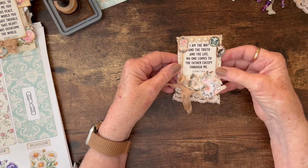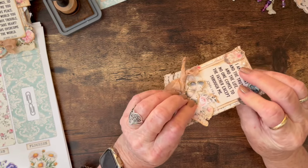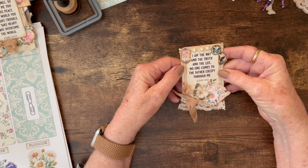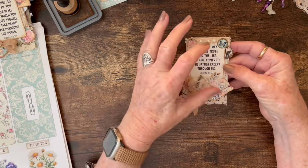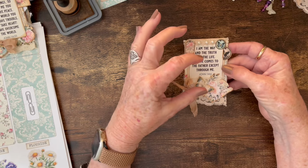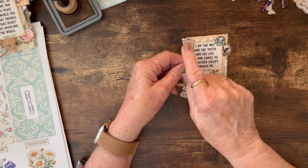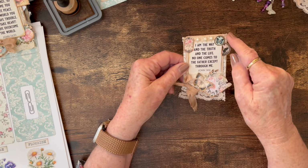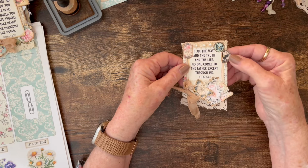Here's another one I made. It has the scripture on the, wait a minute. Yeah, scripture's on the front. There's a longer and a short scripture, and the long one goes on the front, short one on the back. I added some trim across the top here. I have this tiny little lace trim and some of our small ephemera,